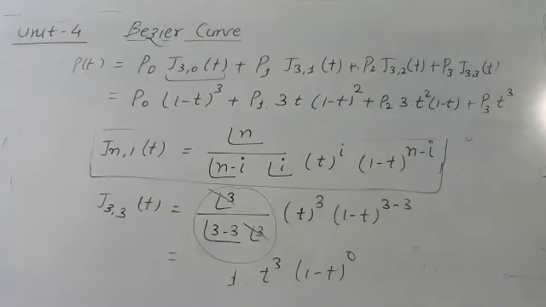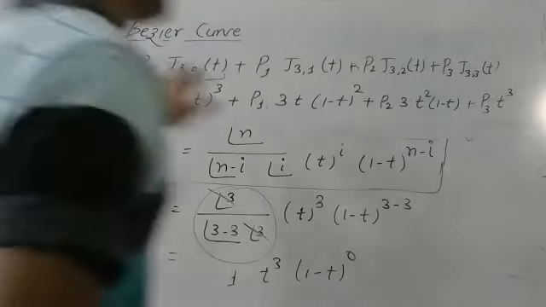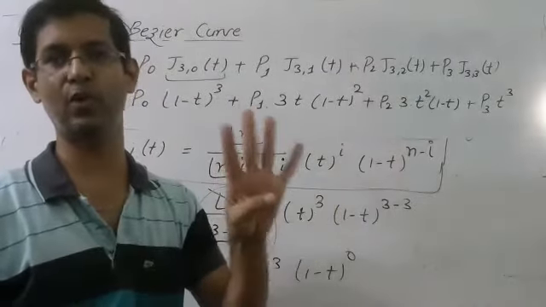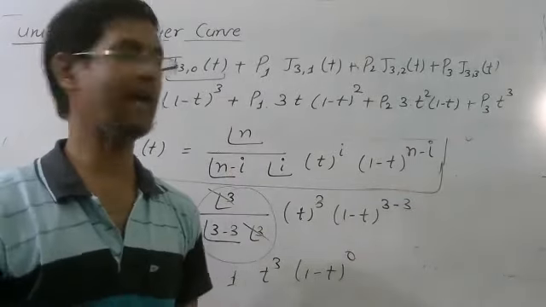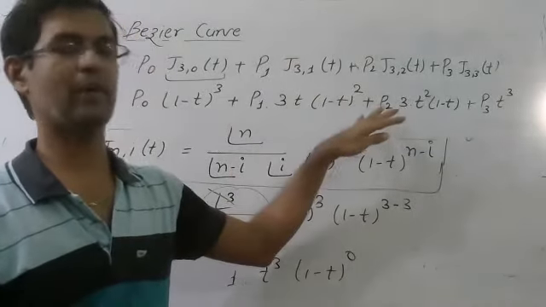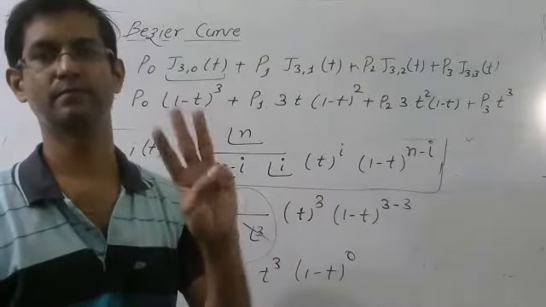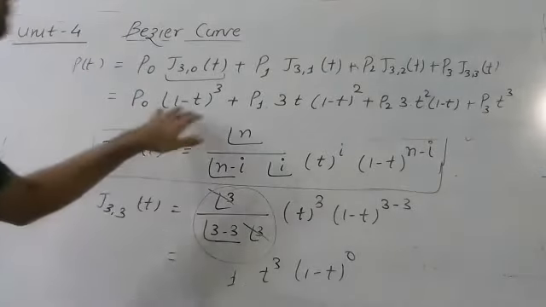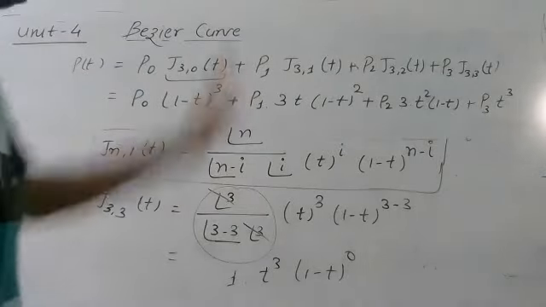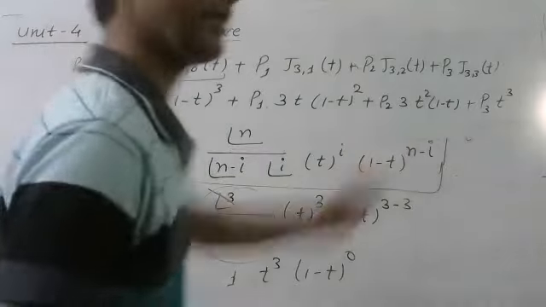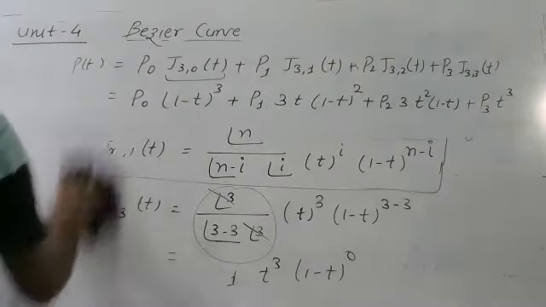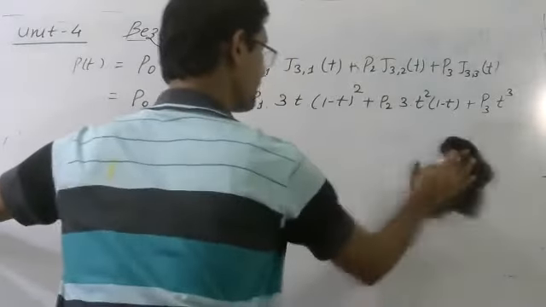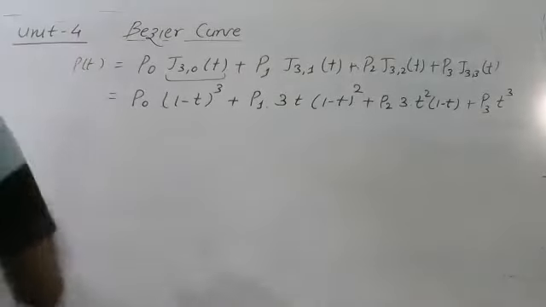This is the final derivation of a cubic Bezier curve. This derivation is valid for only those type of Bezier curve which has 4 control points, or rather we can say that this is valid for only those type of curve which has degree 3. Number of control points minus 1 is the degree of the Bezier curve, right? So number of control points is 4, then degree will be 3. So this is the equation for cubic Bezier curve which has degree 3. Now how can we solve any numerical using this? So I am taking a question.